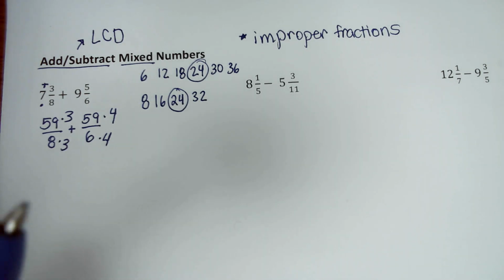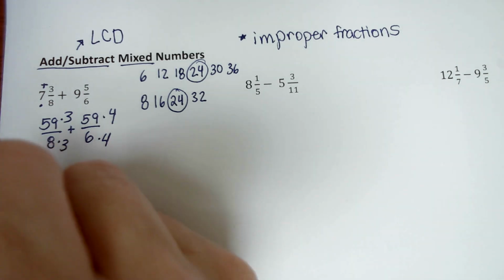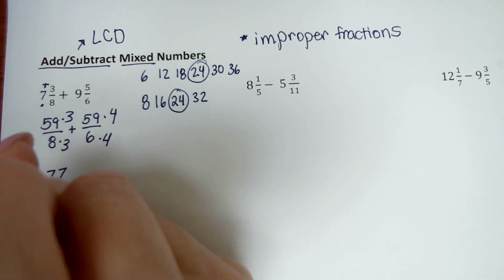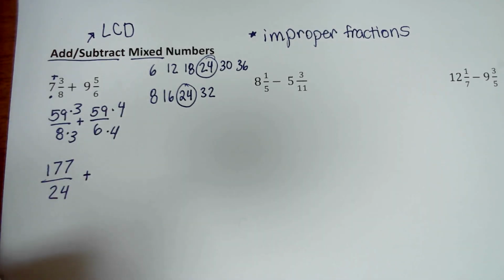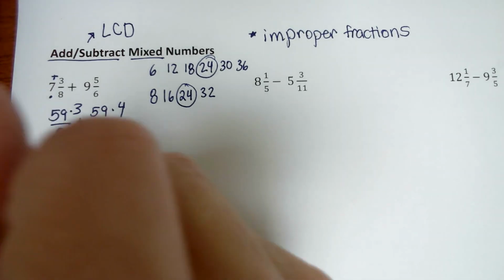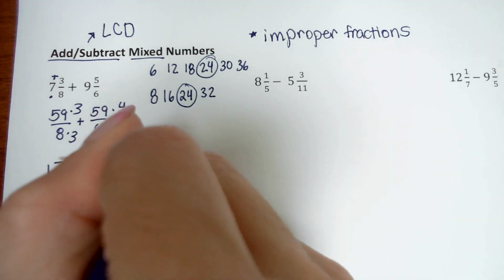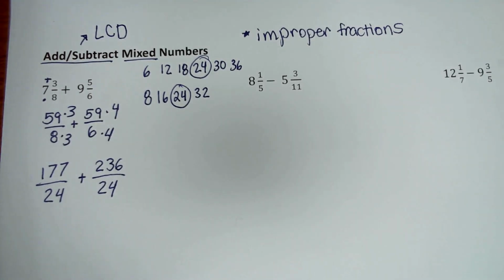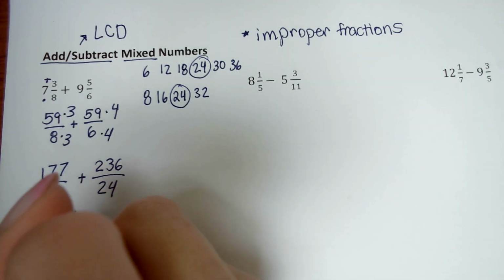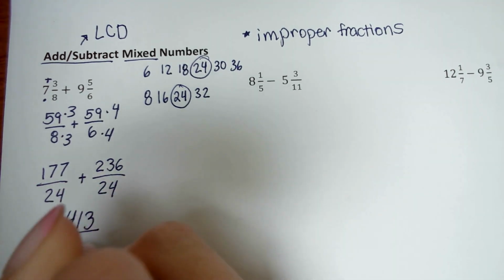So 59 times 3 is 177 over 24, plus 59 times 4 is 236 over 24. Now we add those together and we get 413 over